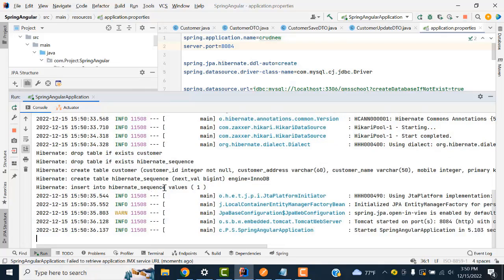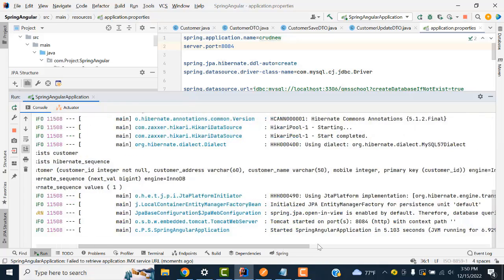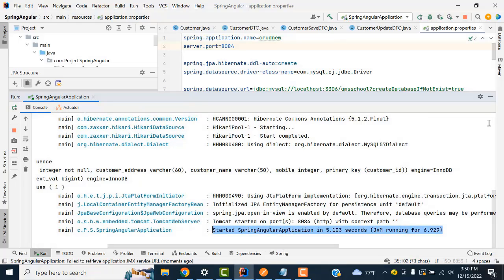The table is creating here. Your new table is creating. Right, your application is running successfully. You can get the message. Now what I'm going to do is test it in our